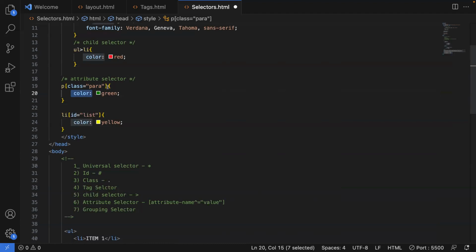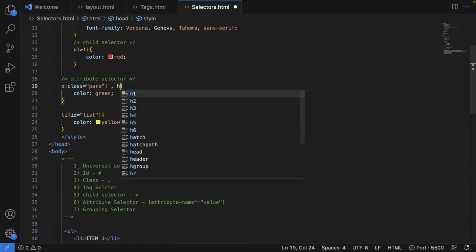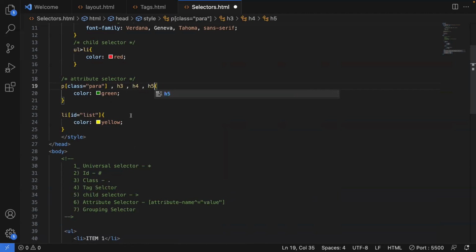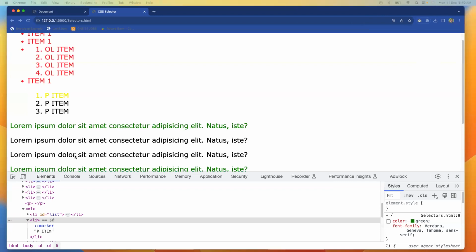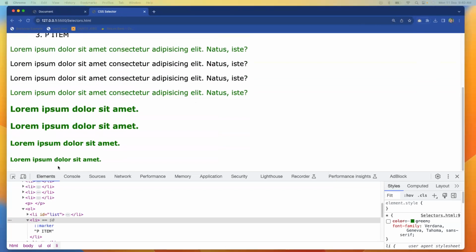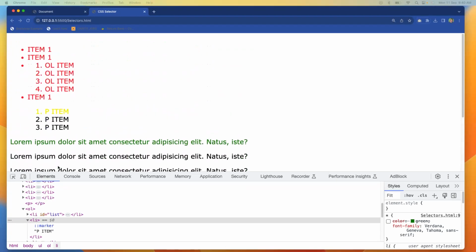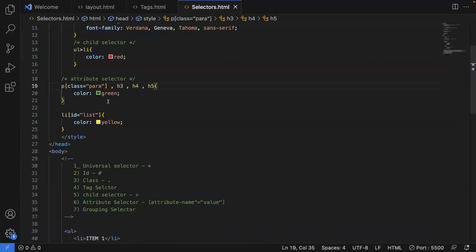So what I can do, I can use the same property here by using a comma. Now if I give H3 comma, H4 comma, H5. So now what happens? Wherever I have H3, H4, H5, for all those elements, I'll get my green color. Not only green color, whatever the properties I write here, all those properties will apply to this. So this rule is not only for the element selectors. For example, you have an attribute selector here, then